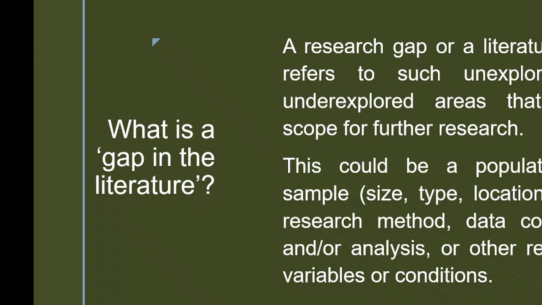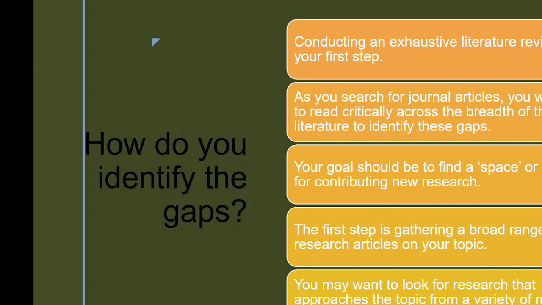So this could be a population or sample, research method, or data collection. In any area a research gap can exist. Sometimes we do not know anything about a particular type of animal or particular type of species. All these can constitute a research gap. Conducting an exhaustive literature review: how can you identify a research gap? The first and the best